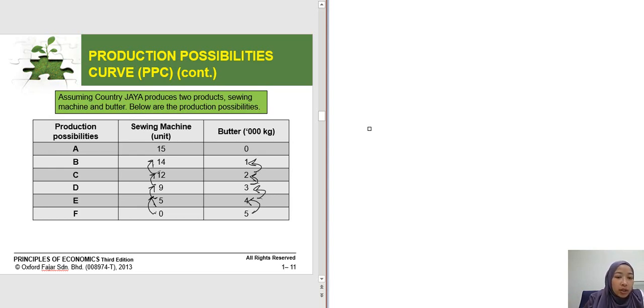So if let's say you want to produce here from point F to point E, you want to produce additional 5 units of sewing machine. So the opportunity cost of it is you need to reduce 1000 kg of butter. You want to add 4 units of sewing machine, you have to reduce